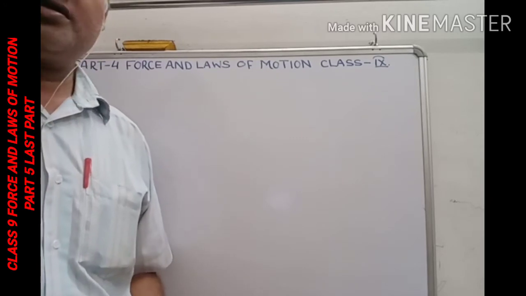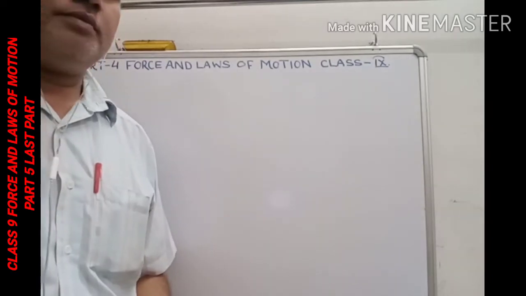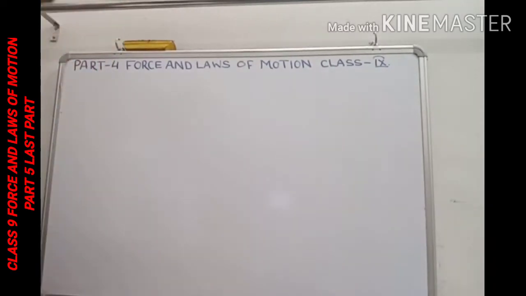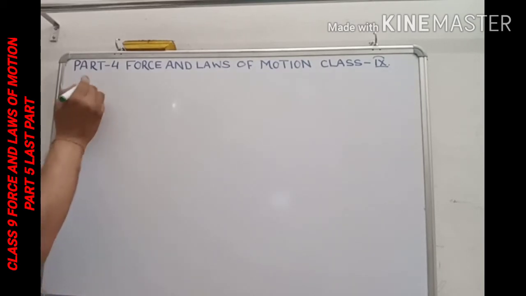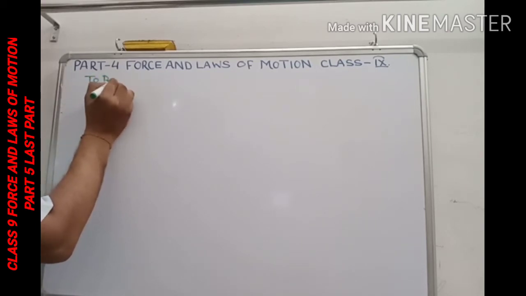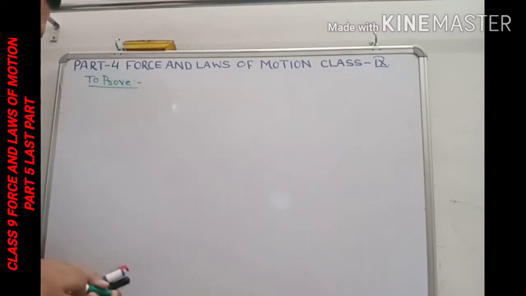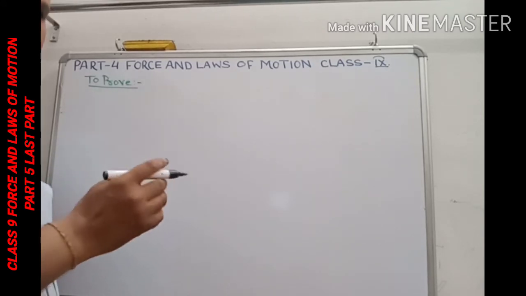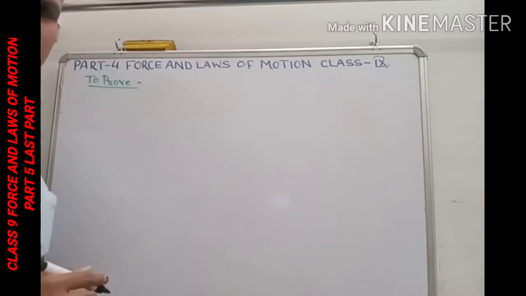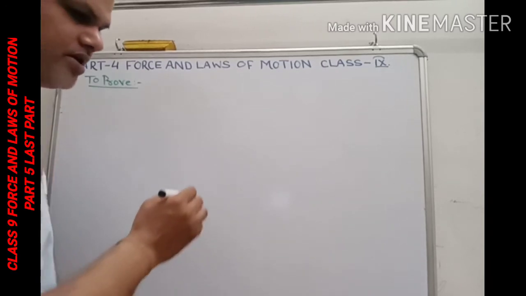Today we will study how we can prove the law of conservation of momentum. So what we have to prove, I will write it here. We have to prove the total initial momentum of the objects of a system of objects is equal to the total final momentum of the system of objects, that is